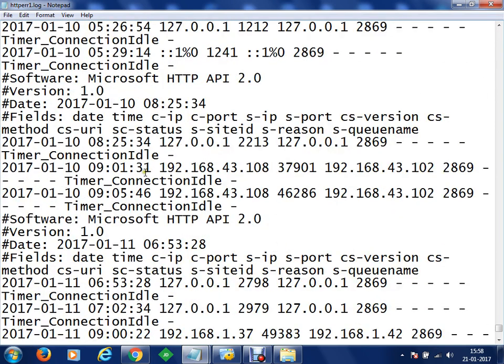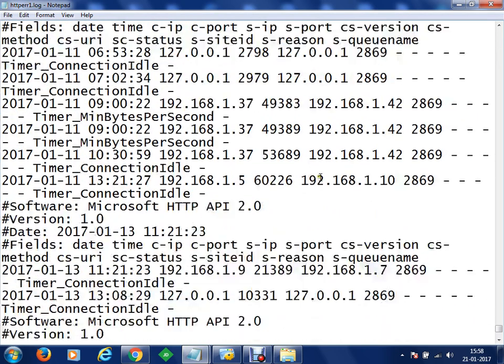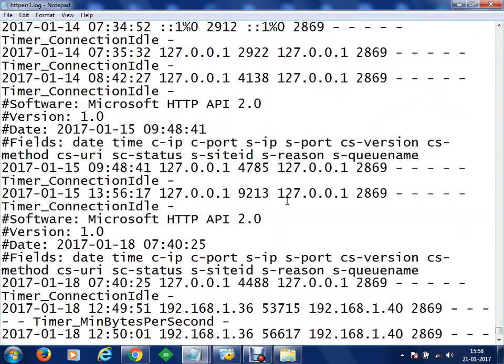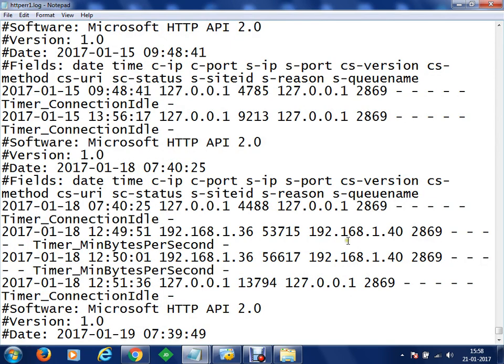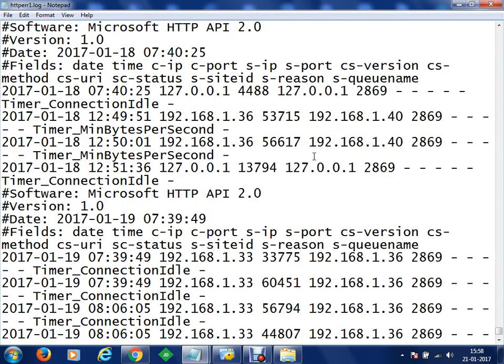Let's say this one, 42K through be minimum bytes per second. Some logs are maintained here. So from here what we can do is get the IP addresses of things which are being executed and who is trying to access the machine. So this is just for error cases.